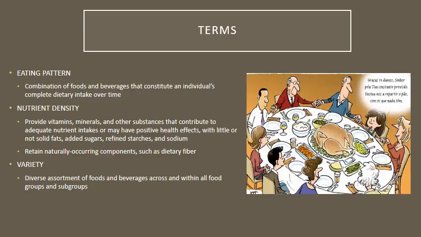And then variety, not just within your veggies, but variety across all of your food groups and the subgroups. So this is really key because there really is no one food that provides you with all of the nutrients that you need. We really have to eat a variety of different foods in order to provide our bodies with all the different vitamins, all the different minerals, and a good balance of